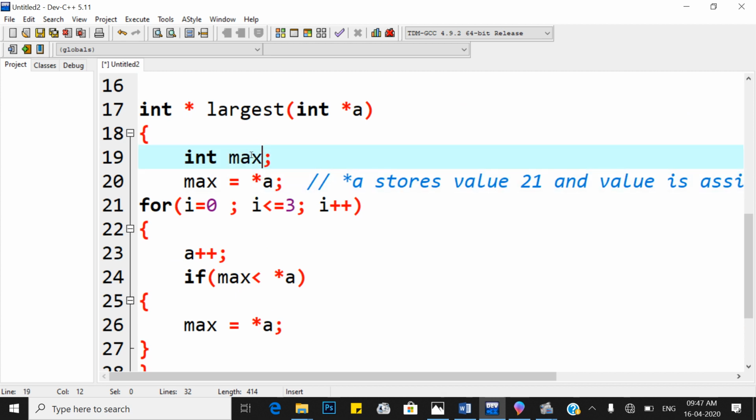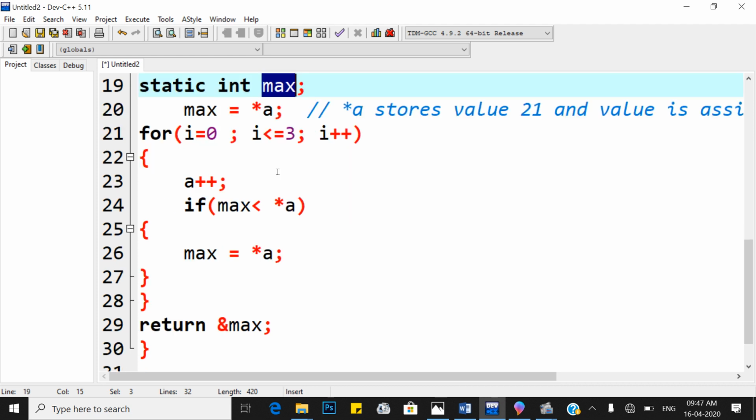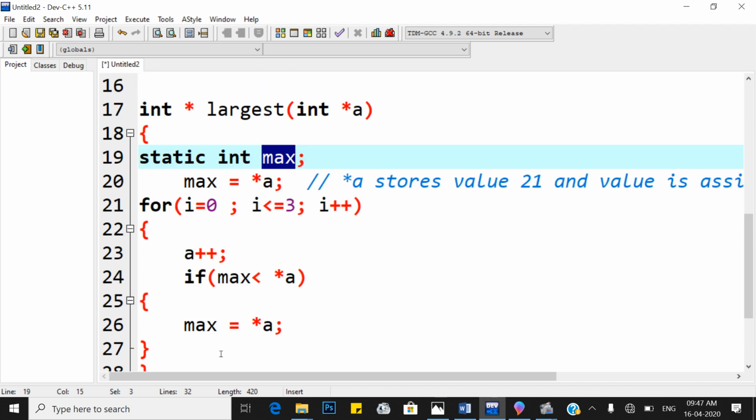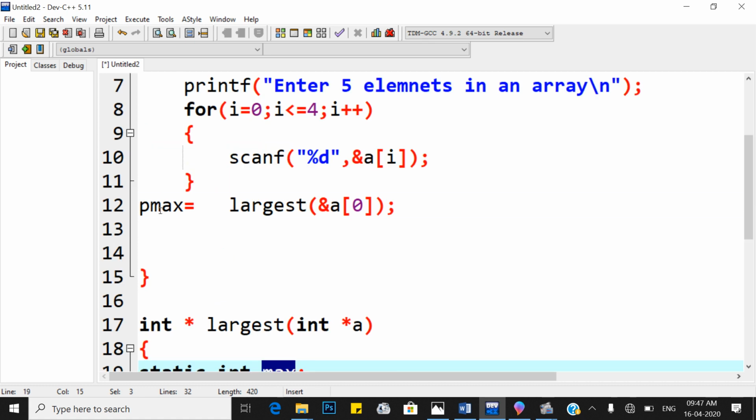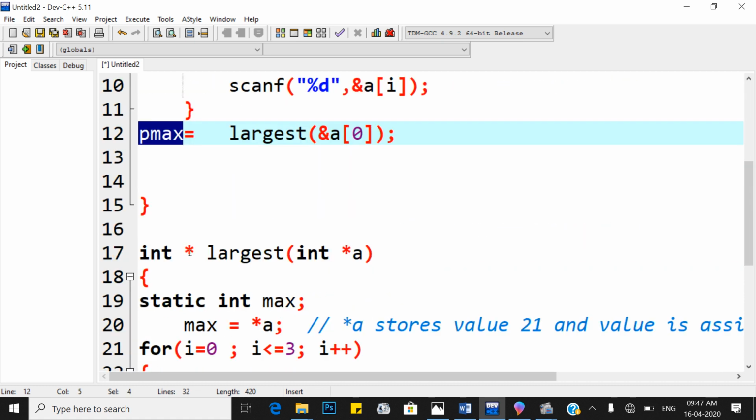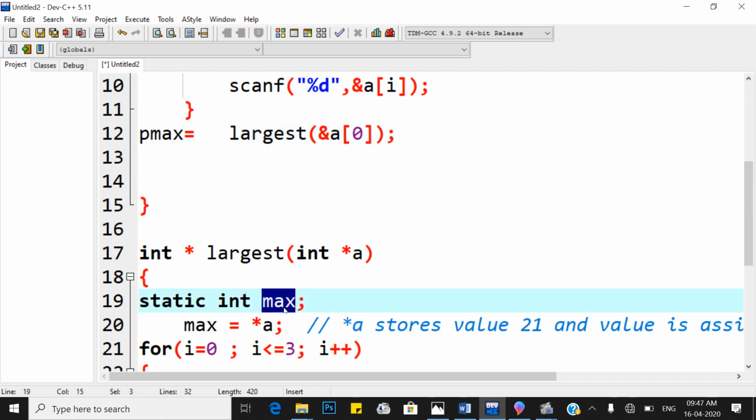So to make it live, what do we have to do? We have to give it the storage class static. So whenever the storage class of max is static, that variable max stays alive throughout the program execution. That means if this function is executed and the cursor returns to the main function, this max value is still live.